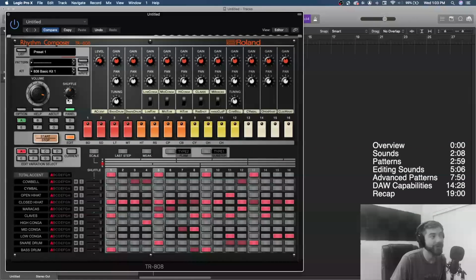So up here is our macro shuffle for our entire board. And then down here we can change the shuffle for each individual track. However, if the shuffle on the whole board is at 0, this means nothing, right? There's no shuffle on any track. However, if we have a lot of shuffle,